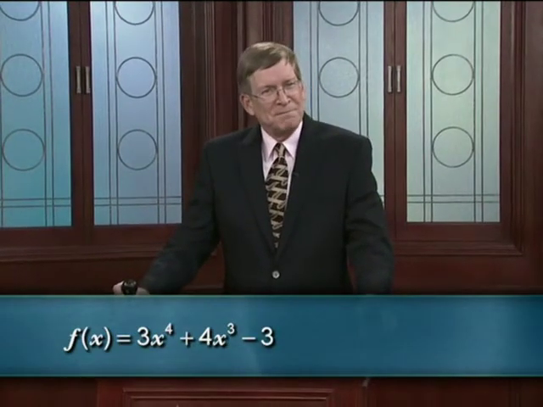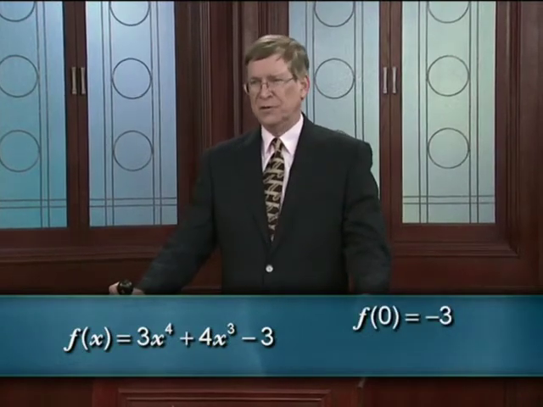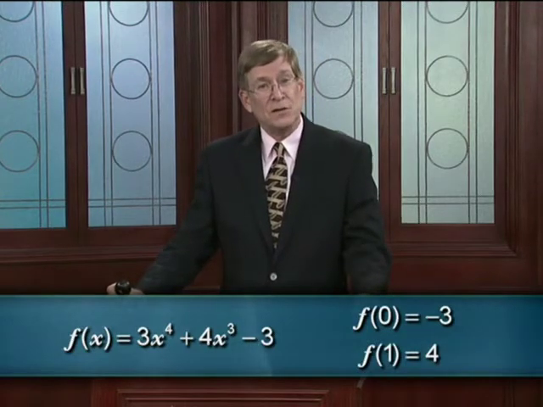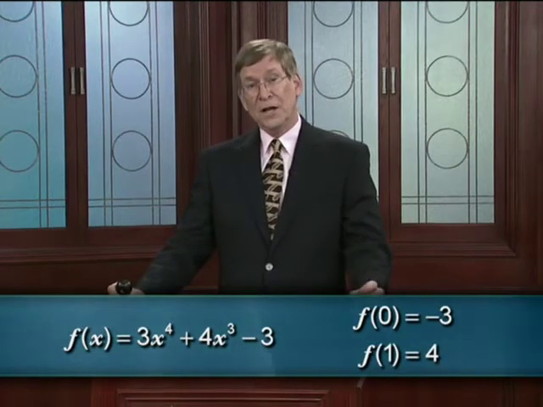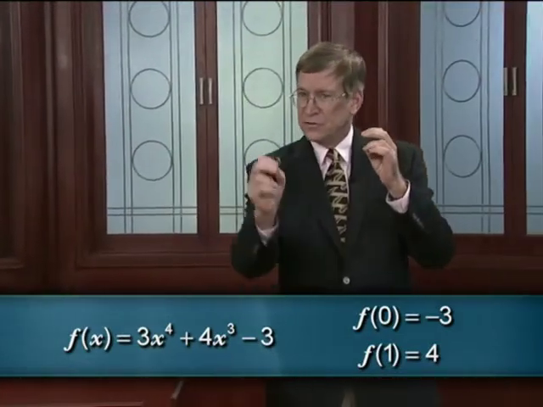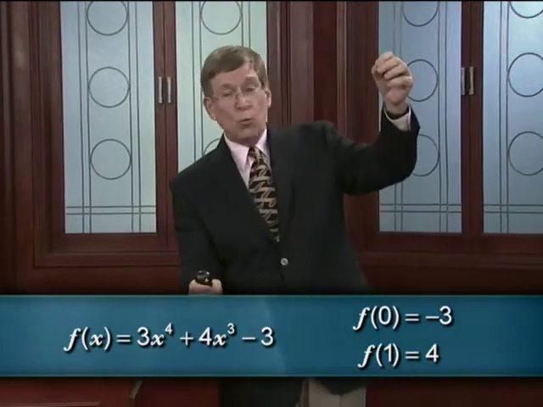Well, notice the following. f of 0, if you plug in 0, you get minus 3. And if you plug in 1, you get 3 plus 4 minus 3, or 4. In other words, the function is negative at 0, minus 3. And then when you go up to 1, it's positive. So in that interval 0, 1, the graph goes from negative to positive. There must be a zero in between. Isn't that neat? And in fact, using a calculator, you can actually find that zero, and it turns out to be approximately